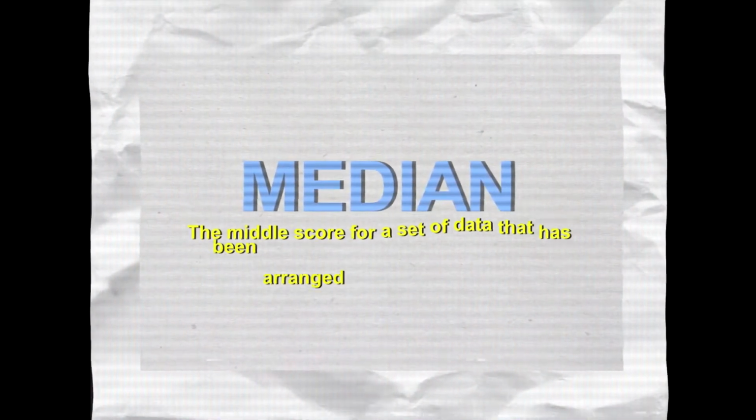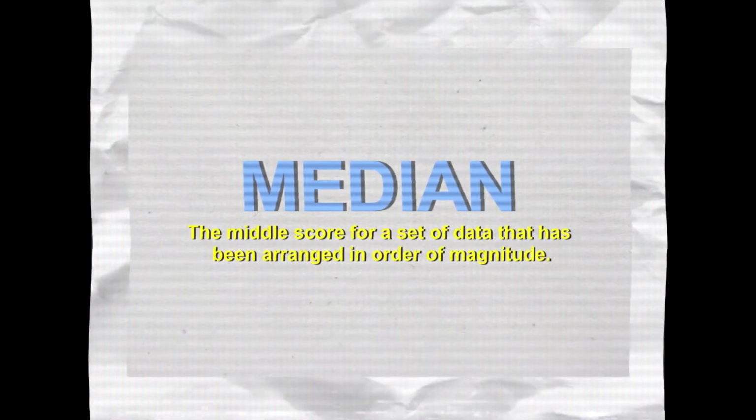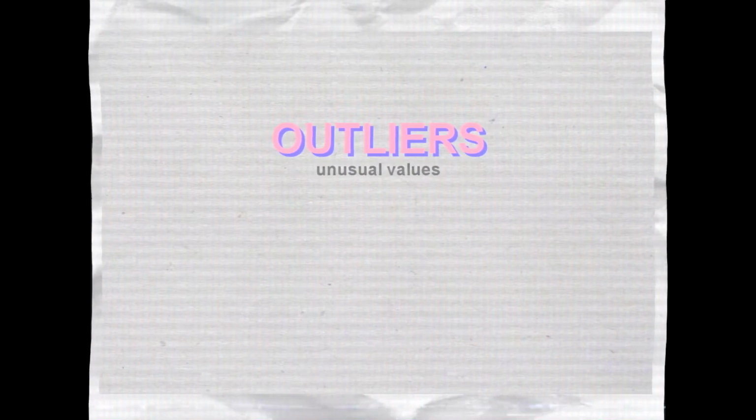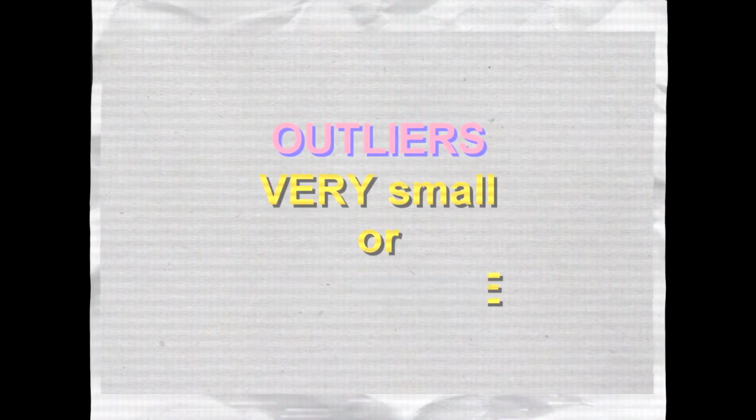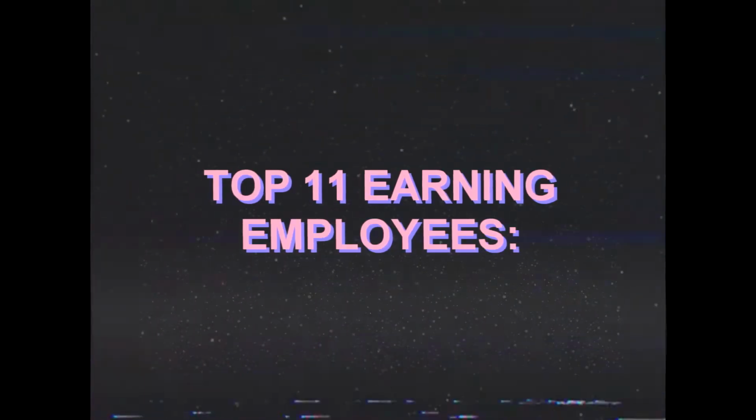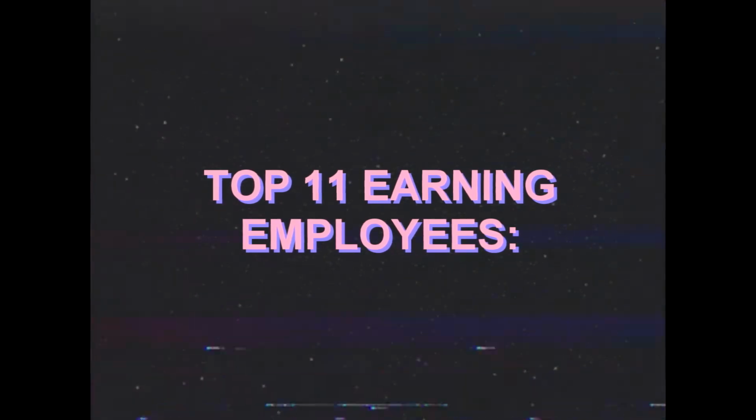So now, this problem involves the median, and we're going to find its solution. Here's how you should do it. The median is the middle score for a set of data that has been arranged in order of magnitude. The median is less affected by outliers and skewed data. These are values that are unusual compared to the rest of the dataset by being very small or very large in numerical value. In the problem, the salary of Mr. Benito's top 11 earning employees, including himself, are as follows: